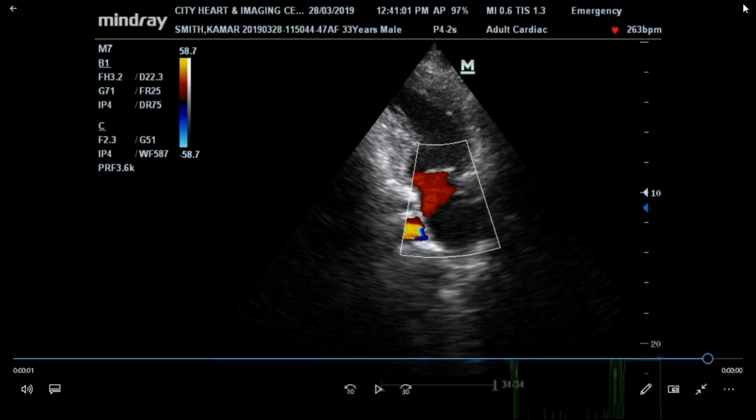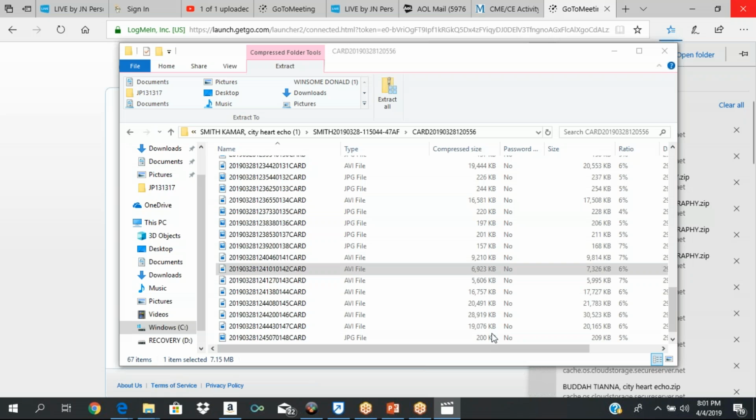So this is your, notice it's a color, right? So